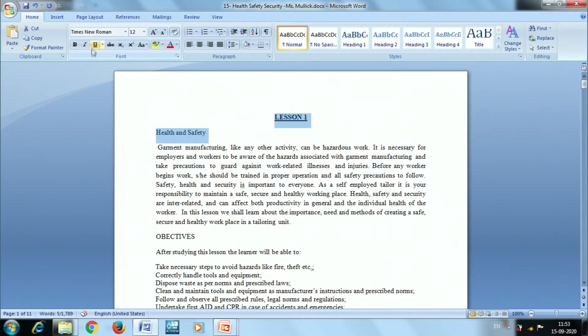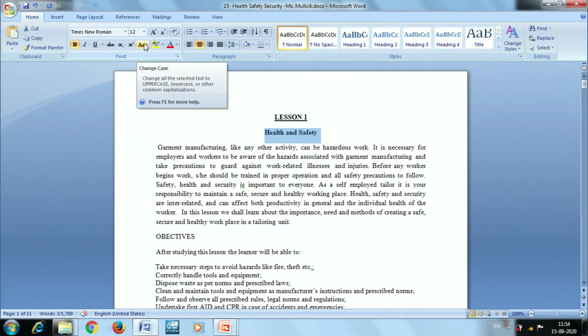In that same way I want to apply the effects. I want to make it bold, so I only have to select the particular text and apply bold. Then I want to place it in the middle, and I also want my heading in full caps. For that we can use Change Case. There are other ways also. You can simply delete and retype the content in full caps, but the easier method is to use Change Case. Here there are different cases.